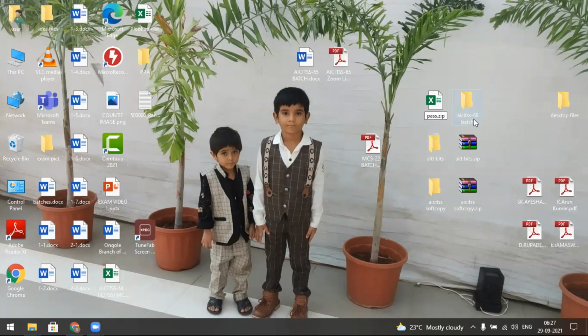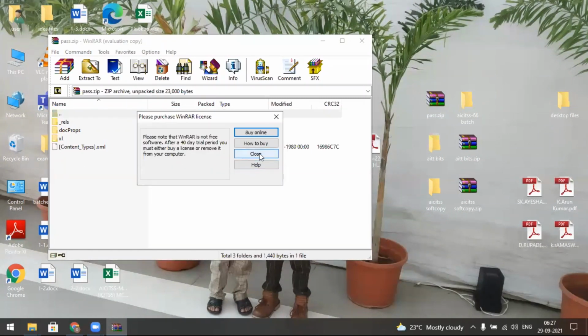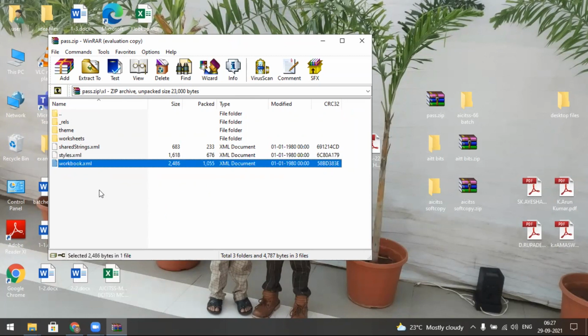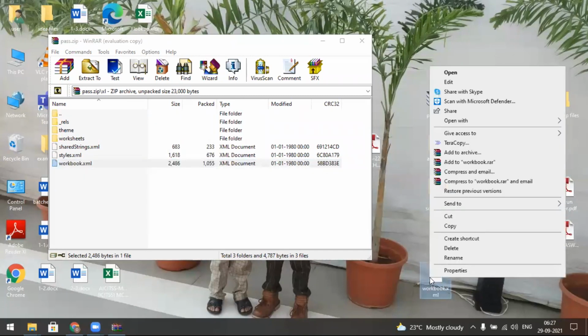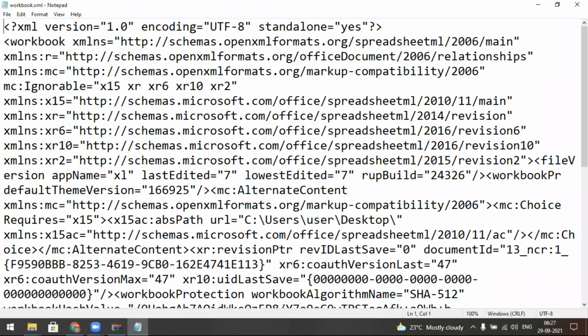You type zip, press enter, and yes, you may double click and you get the Excel files. Now go not to the worksheet, but to the workbook. Select the workbook and drag it outside. You may also right click, select open with, and select Notepad. Now it will open like this.